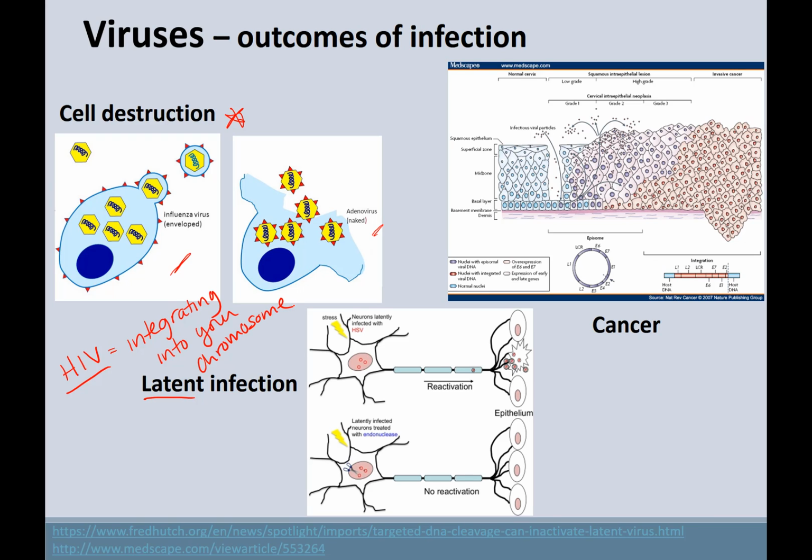But more commonly, some viruses hang out as what we call an episome. So they're not inside your chromosome, but the viral genetic information is hanging out in your cells. It's replicated when your cells divide. So for instance, herpes virus. If you get cold sores, you have herpes. Nobody likes to admit that, but that's the truth. And if you have cold sores on your mouth, a lot of times they come back in the exact same